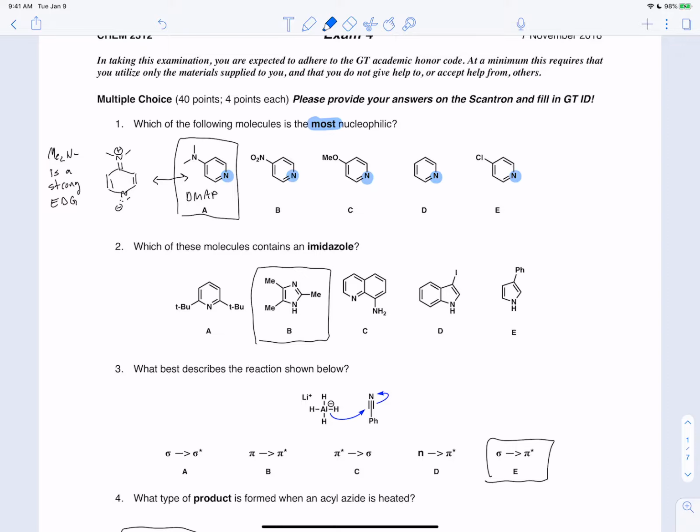A lot of the way we can view and rationalize something like this is similar to topic 2, where we looked at activating or deactivating groups, or electron donating or electron withdrawing groups. In order to make this nitrogen more nucleophilic, we'll want it to have more electron density. So we're going to be looking for electron donating groups to help guide us in our selection for what will be the most reactive and most nucleophilic. Right now we can see nitro is an electron withdrawing group. This is going to take electron density away from this ring, and therefore this pyridine,